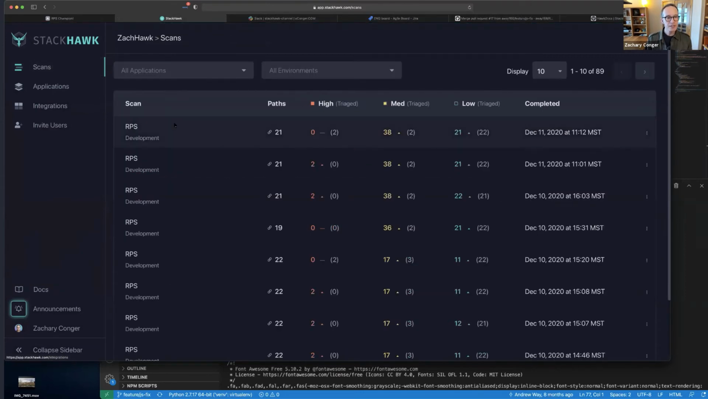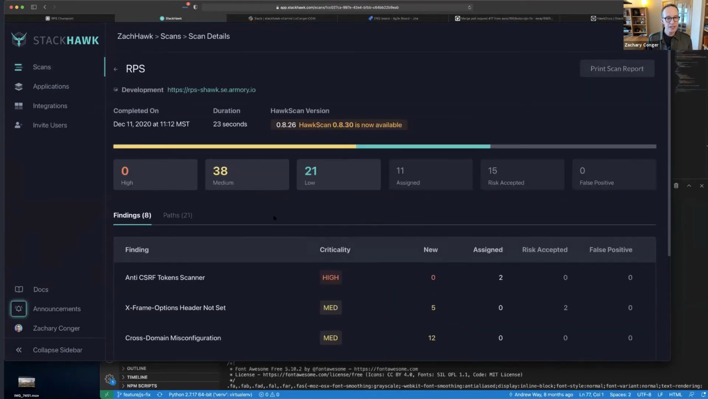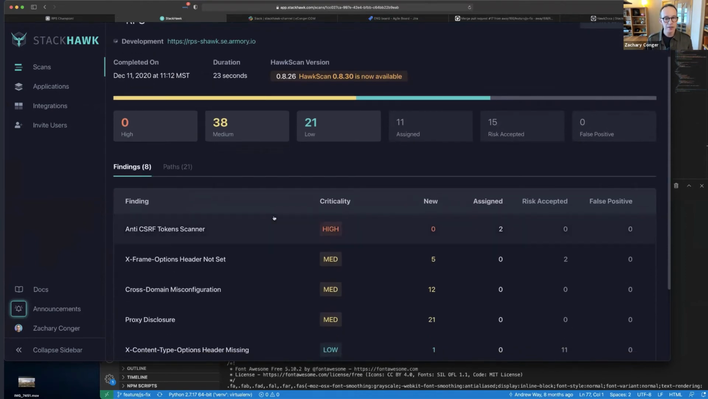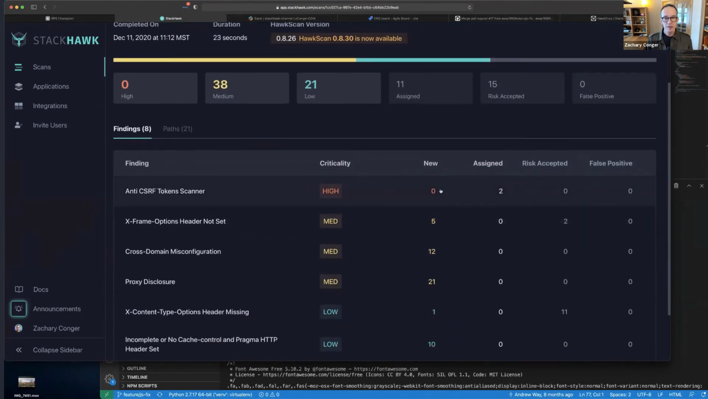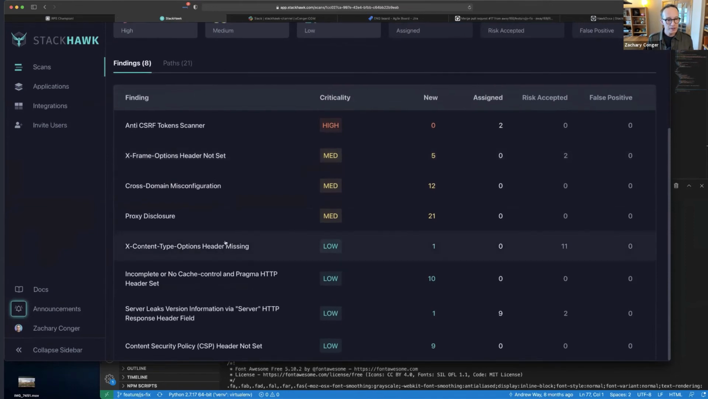So jumping back to scans and this scan detail for the last scan that Andrew ran, you can see that the 2 new findings, I've assigned them, so they've gone into the triaged bucket. So I no longer have any high alerts. They've been assigned. If I click into one of these, I want to find a good one for demonstrating